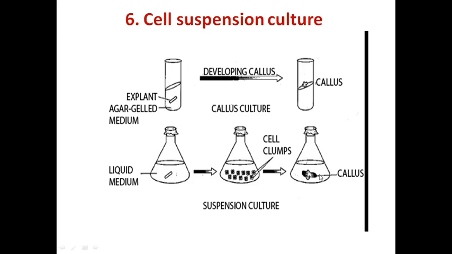Then cell suspension culture can be done in a batch culture, or we can choose a continuous culture system. In the latter system, the culture is continuously supplied with fresh nutrients by the inflow of fresh medium with subsequent draining out of the used medium, but the culture volume is constant. This method is used mainly for the synthesis of specific metabolites or for biomass production.